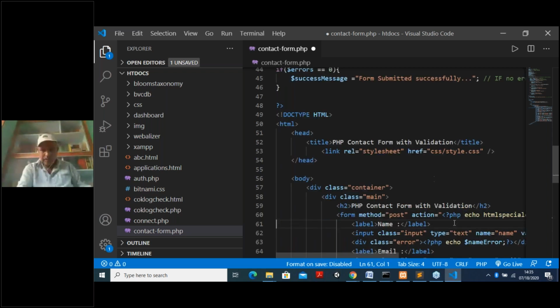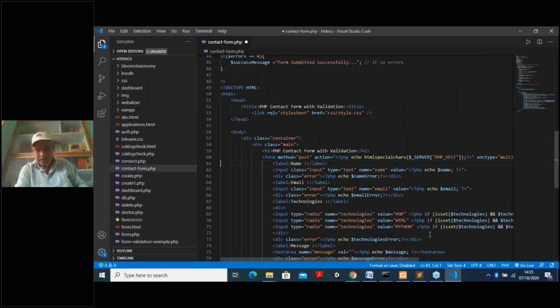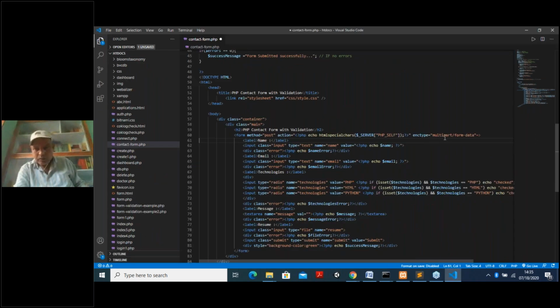Now what is the meaning of this thing? Now you see, enctype is equal to multipart form data, which implies all things are there. Now this is the thing you have to use here.